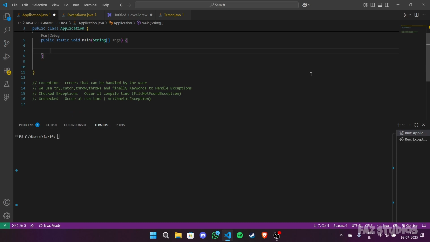Today we will be discussing exceptions. Exceptions, in simple words, are errors that can be handled by the user or the programmer. We use keywords like try, catch, throw, throws and finally to handle exceptions in Java. We generally use the try-catch block to handle exceptions, and throw is used to throw an exception, and the finally block is a block that will be executed irrespective of the try-catch block or whatever exception